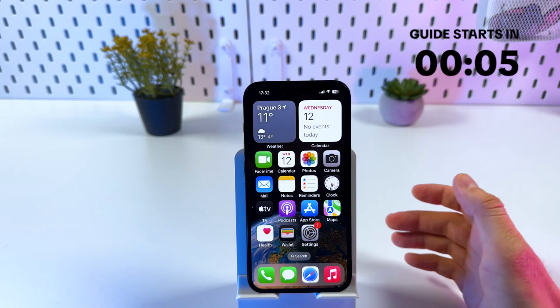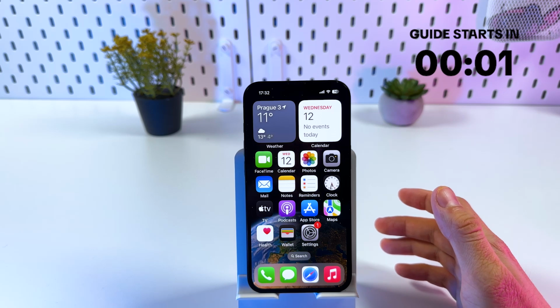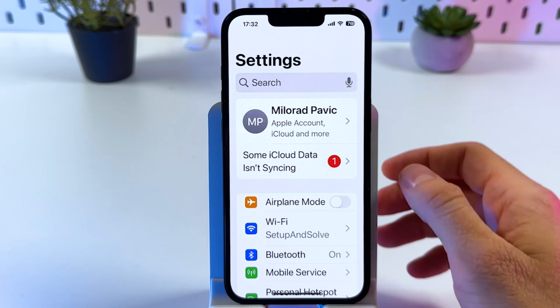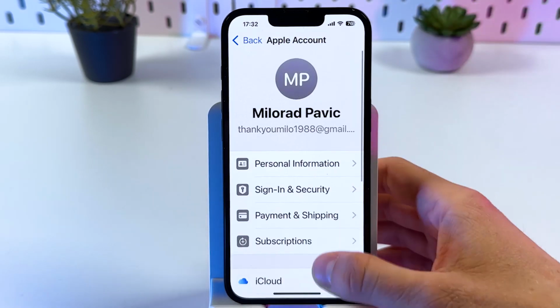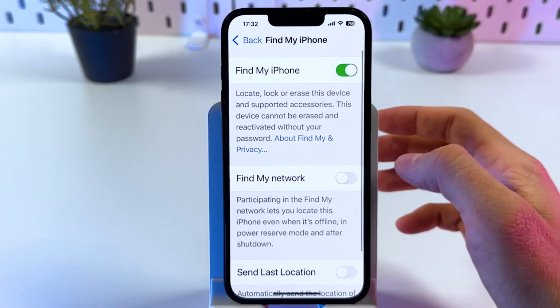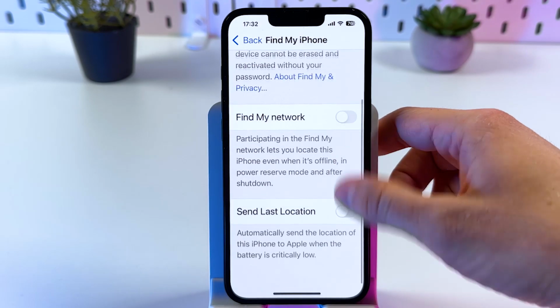If you want to turn off the Findable After Power Off option on your iPhone 16e, first of all, you have to open up your settings. After that, we have to tap on our Apple ID and our name, then choose your Find My option, choose your Find My phone option, make sure to turn off Find My network option, and now we have to tap